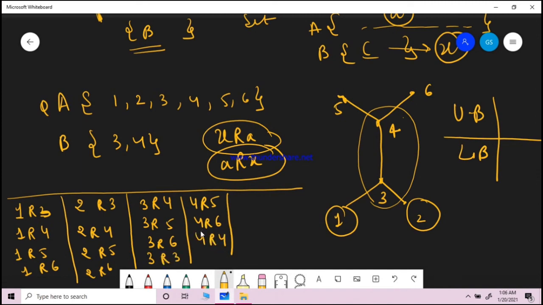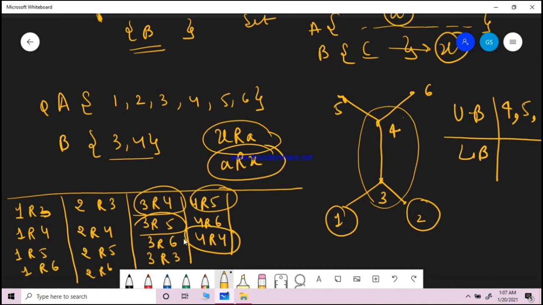Okay, so you have to find out all the possible pairs that you can derive from 3 and 4. So you can derive 4, you can derive from this also. These two are part of the set now. So from this you can derive 4. Okay, so for the upper bound write down 4. From 3 and 4 you can derive 5 also. So 5 is also an upper bound.